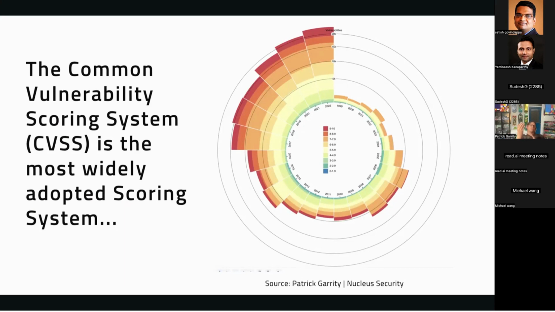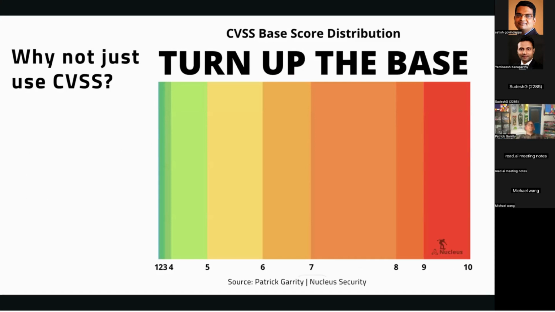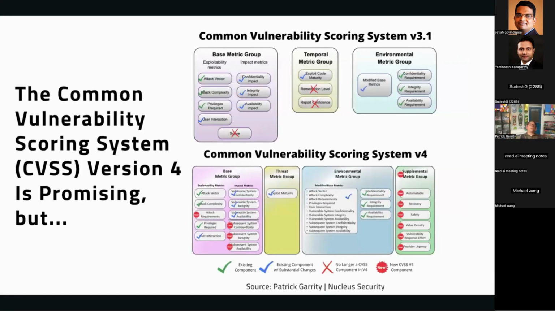So you can see the vulnerability growth, in addition to most vulnerabilities being rated really, really high. And so the scoring system has become very difficult to use with the base score, which is what most products support. There are other capabilities, and I don't want to discount CVSS. I have a distribution here. As you can see, the deeper colors show higher scores, 7 or above. So 56% are 7 or above.